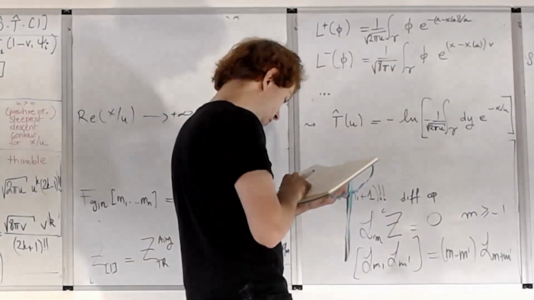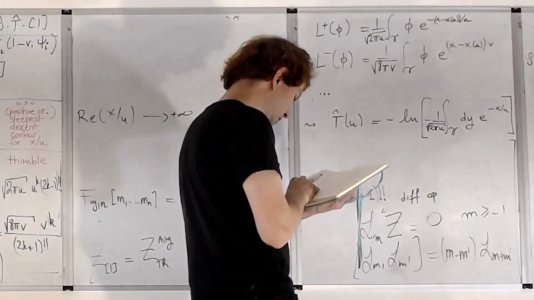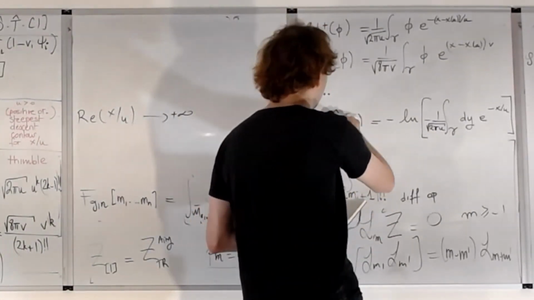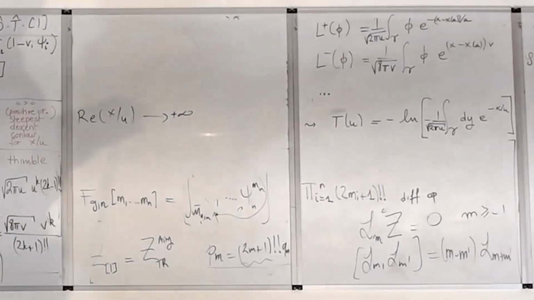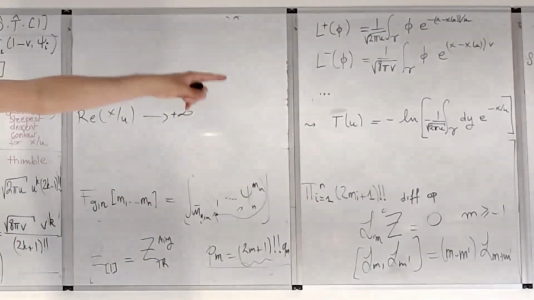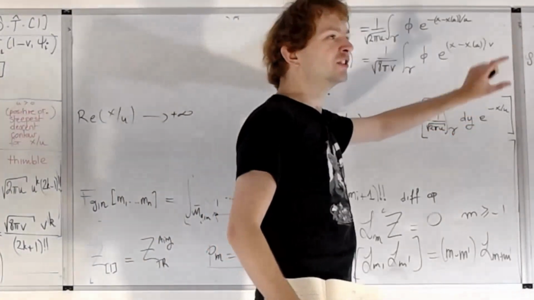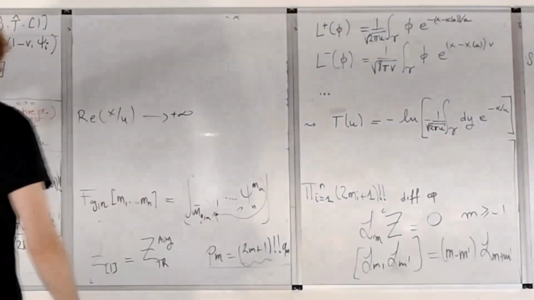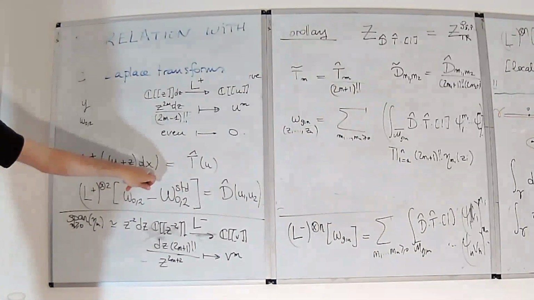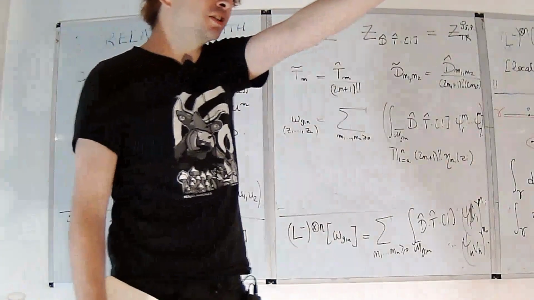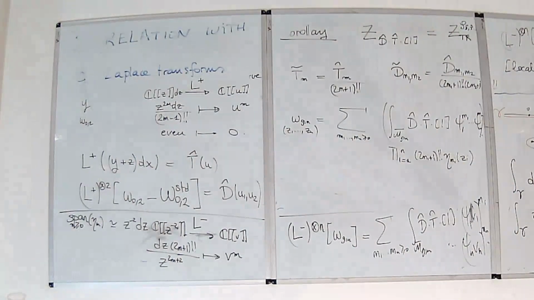Is that the t hat or t? I think that actually might be the t. So the t hat was just essentially this Laplace transform, but there was this shift because we have y plus z, and then we had y dx. So what I say is that if you look at the transformation, the exponential form of translation, what you want